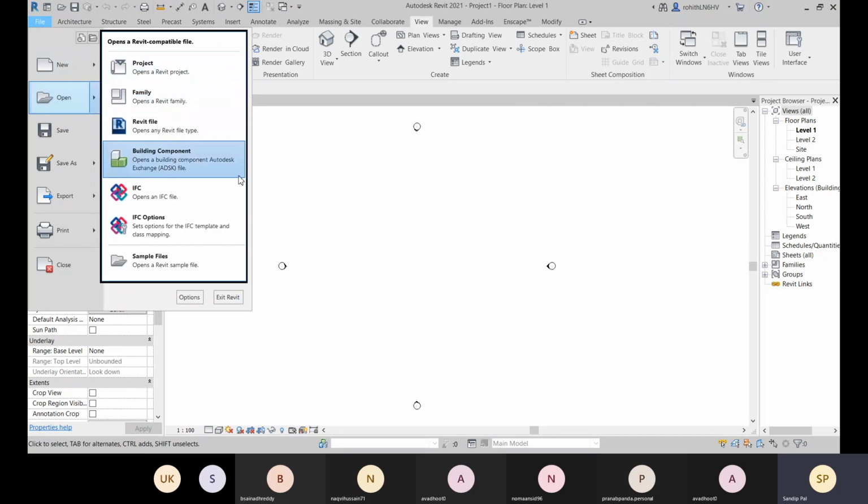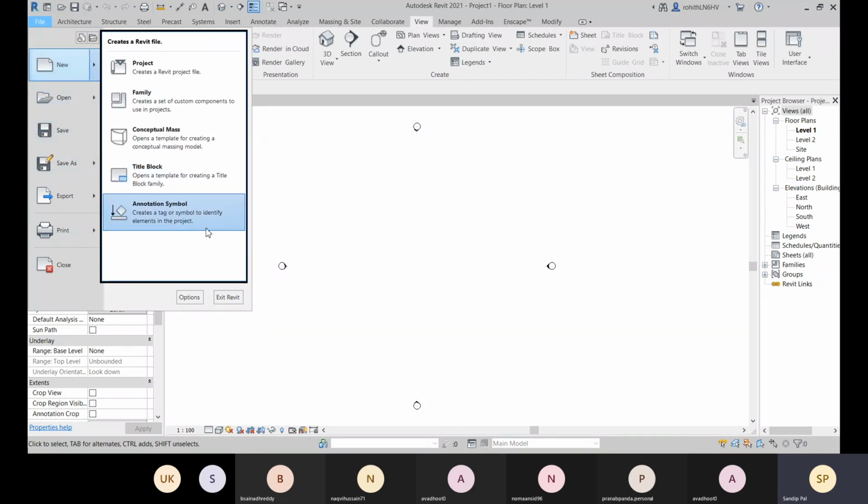So if you have any external files like IFC, these are some file formats. Okay, so if you have any Revit file type, you can open it. Here you see this annotation symbol.